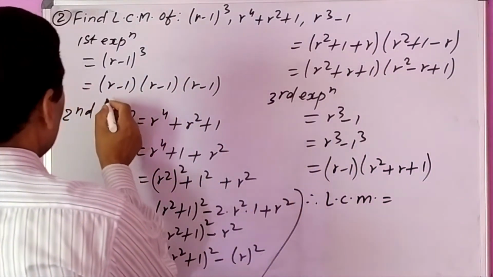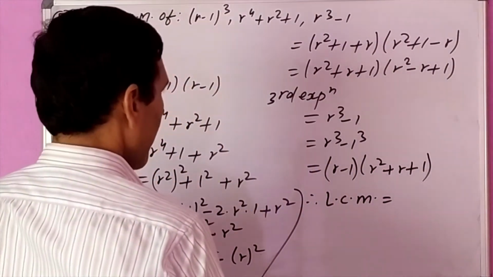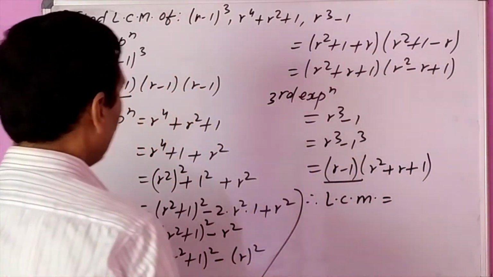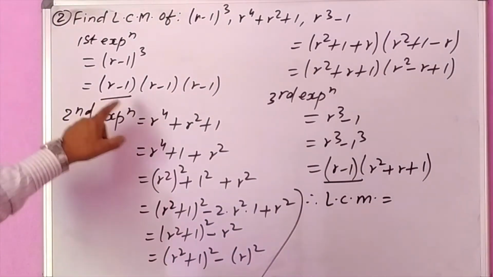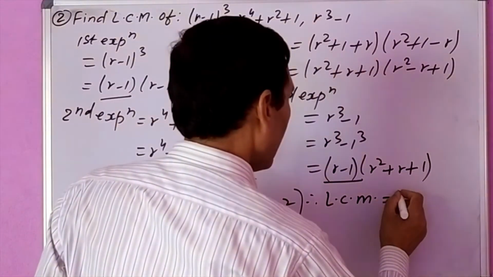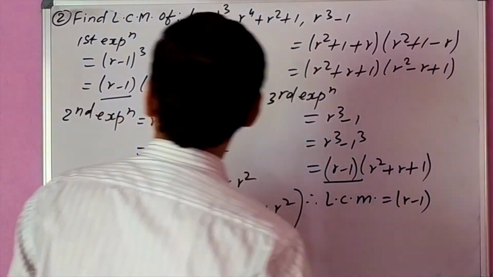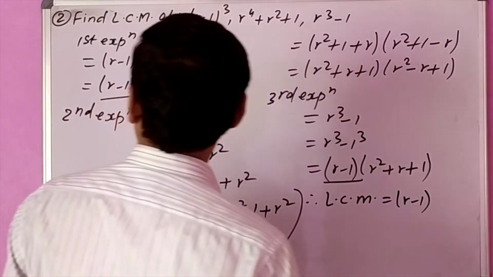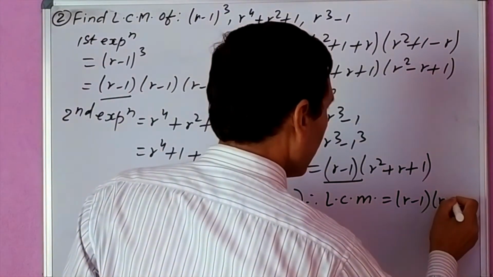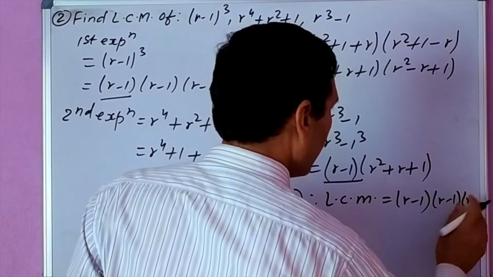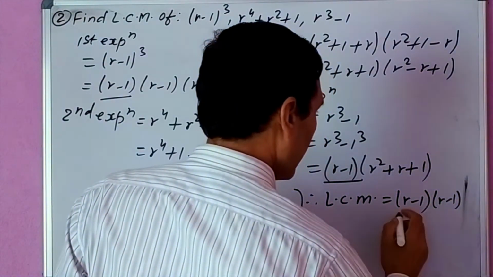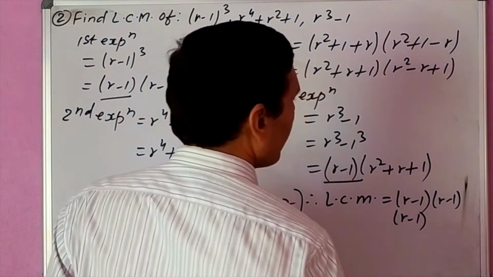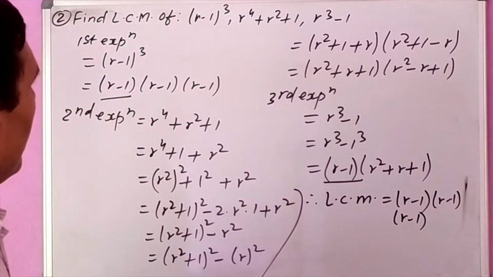Look here now, this R minus 1 and another R minus 1 here. From the first and third, we can take one R minus 1 common. R minus 1. And these two R minus 1 are remaining in the first expression. R minus 1, R minus 1. R minus 1 times R minus 1. And in the